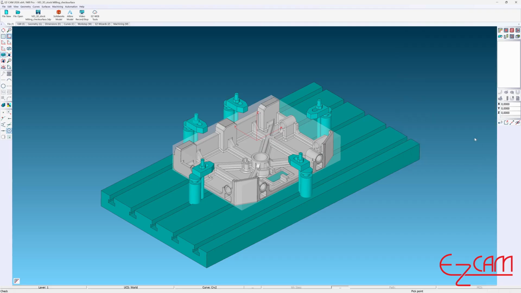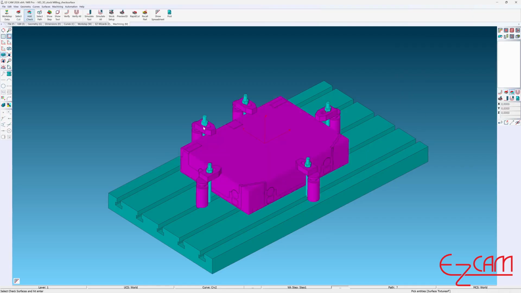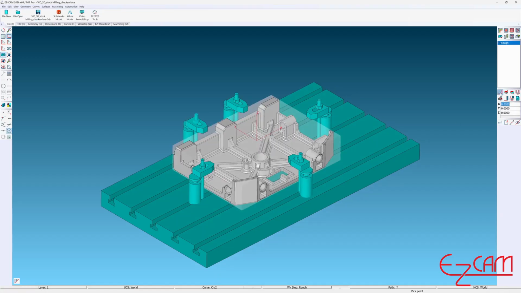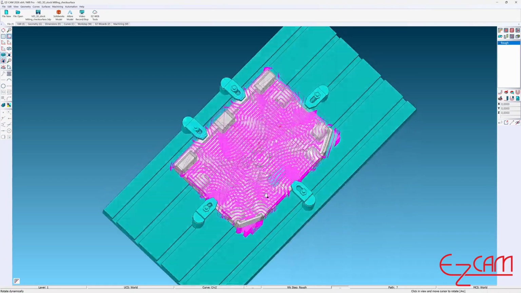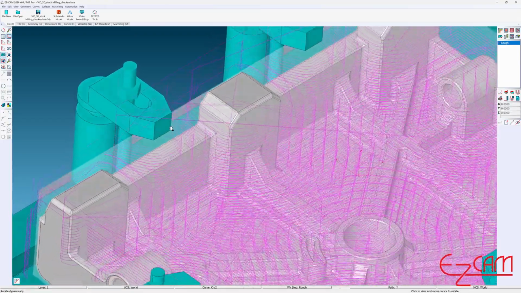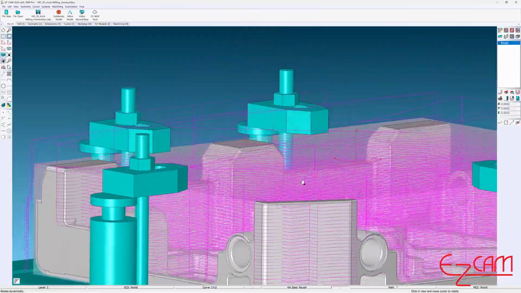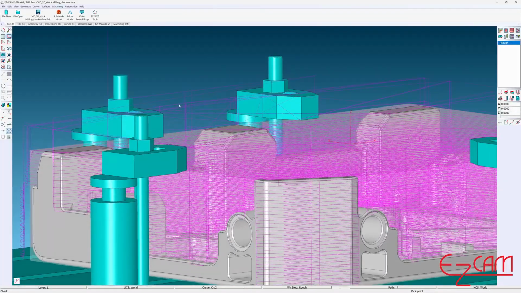In this case, EasyCam will machine the areas between the stock and the part. And while doing so, it will automatically apply the necessary offset adjustments to avoid touching the clamping elements included in the control surfaces. You don't need to worry about the clearance levels of the clamping elements. While the user-defined clearance level is applied for the middle sections of the mold, Z levels for the rapids over the clamping elements are adjusted automatically. Also, don't forget that you can define as much side clearance as you want for the fixtures.